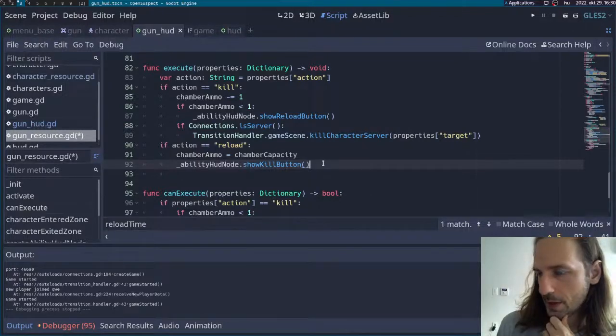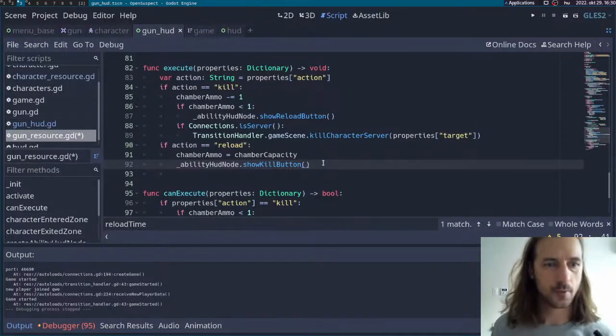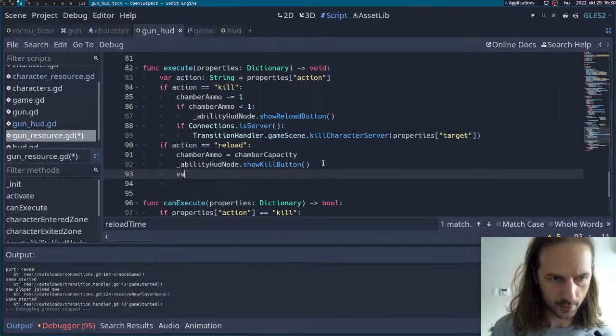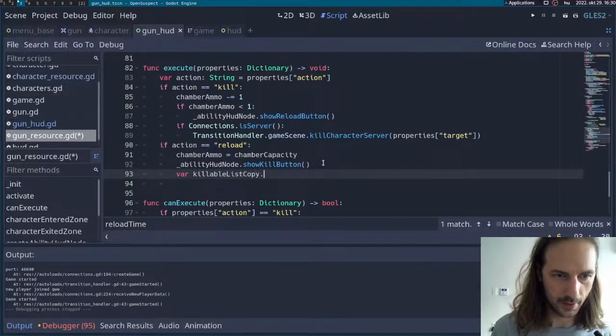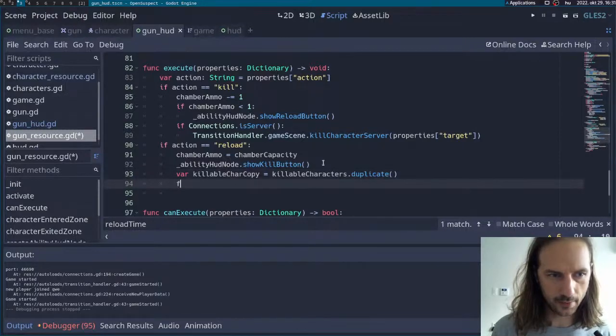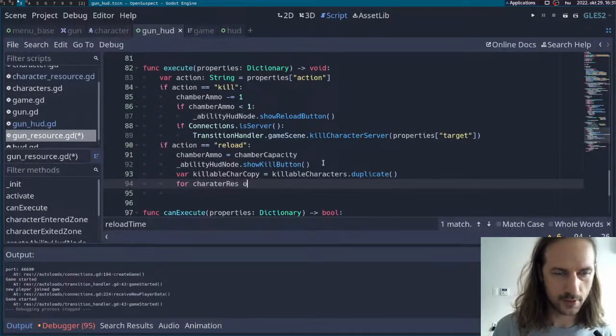So how do we do that? I guess I need a copy of that, which will be kill level list copy equals kill level characters, maybe kill level char copy dot duplicate, and for character resource in kill level char copy,